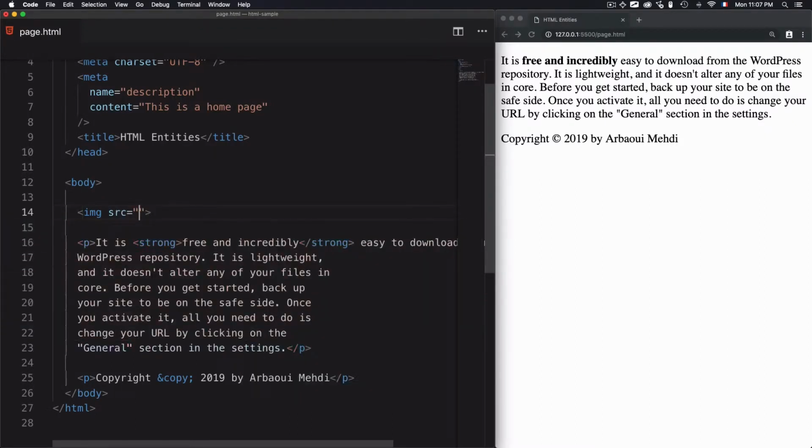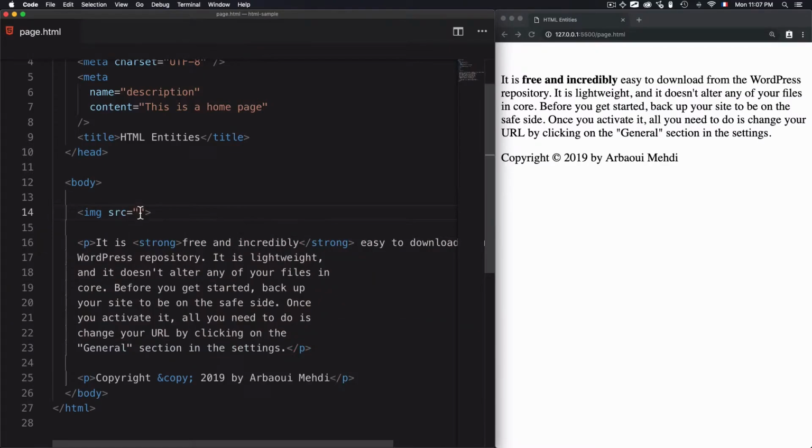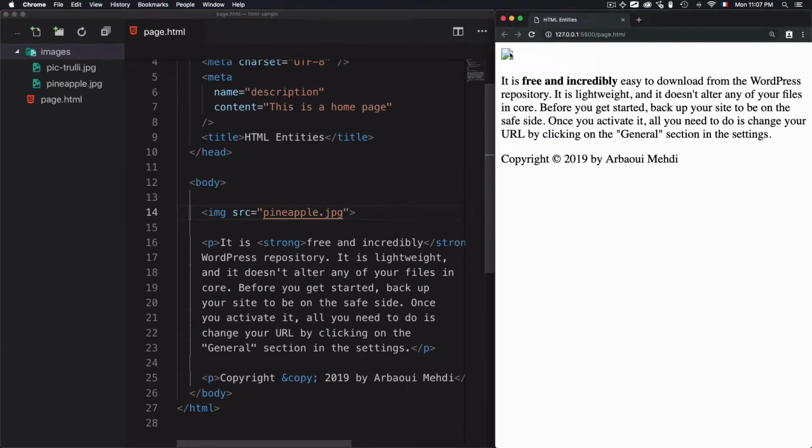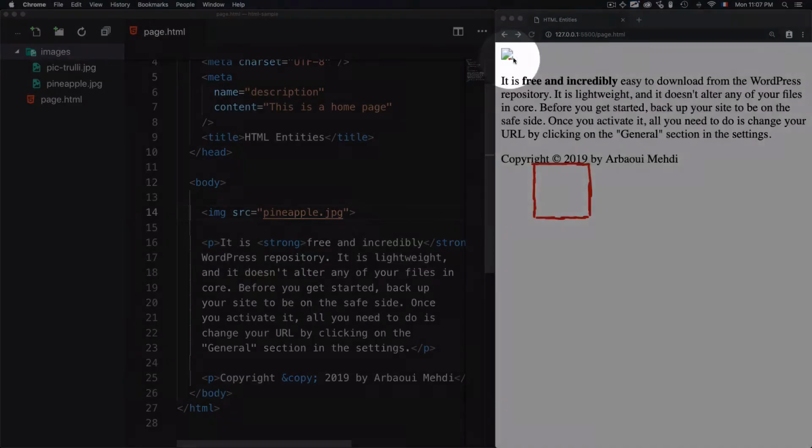By src, I mean that I need to place the content of the image right here. And the content is the URL of the image. What I mean by that, if we take a look here, I have an images folder and I have some images within this images folder. Let's just use the name of the image. I go for pineapple.jpg. Now, if I save that and I refresh the page, you'll see that I have something here,